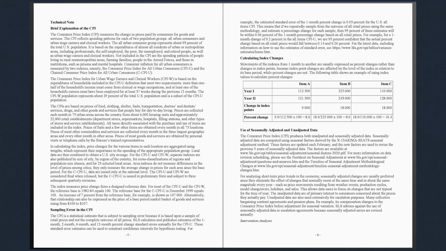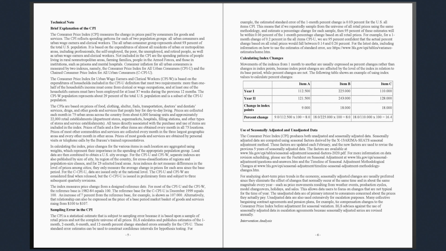www.bls.gov/covid19/effects-of-covid-consumer-price-index.htm. Technical note. Brief explanation of the CPI. The Consumer Price Index (CPI) measures the change in prices paid by consumers for goods and services. The CPI reflects spending patterns for each of two population groups: all urban consumers and urban wage earners and clerical